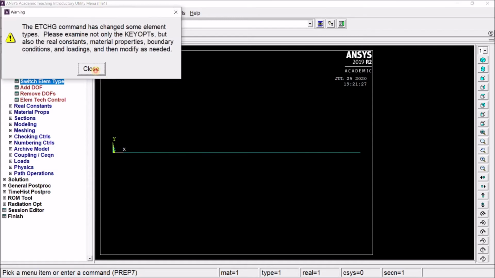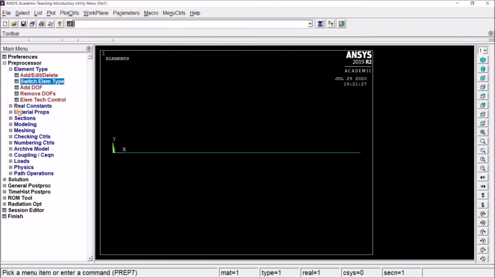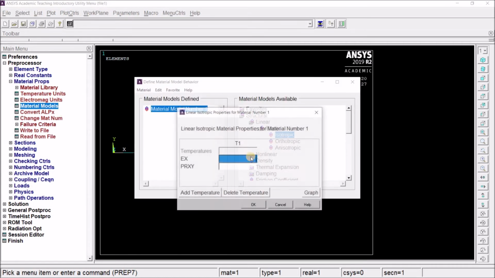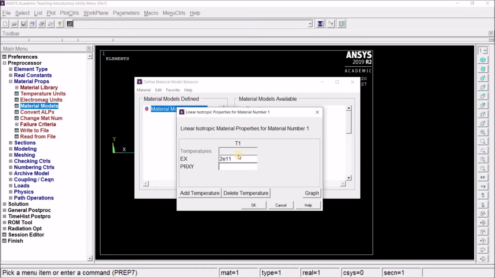Give OK. Next, we must go to material properties, material models, and under structural, linear, elastic, isotropic. The Young's modulus value we must enter as 2 times 10 power 11, so we can enter it as 2e11. The Poisson's ratio is 0.3. Now give OK.